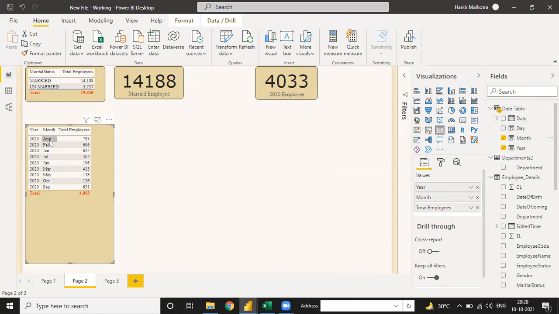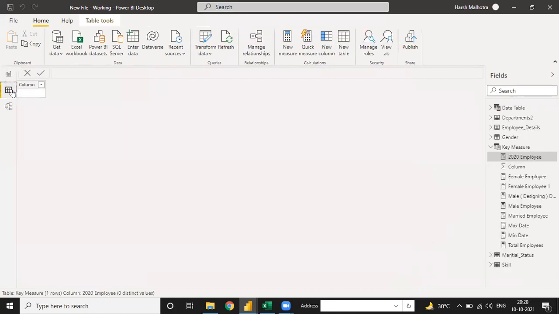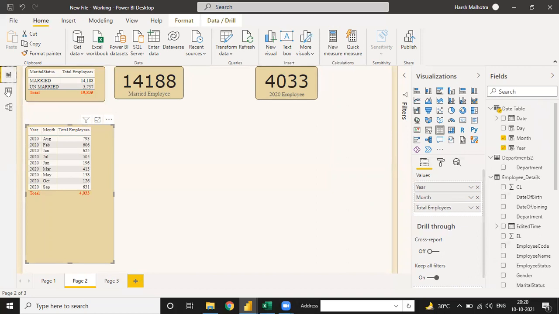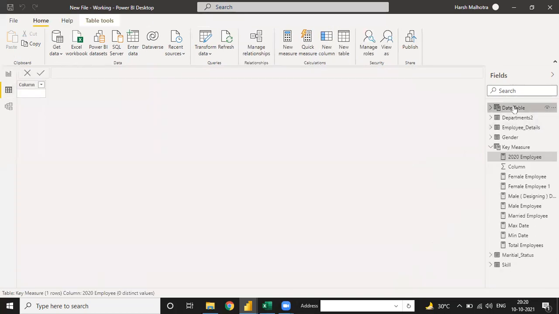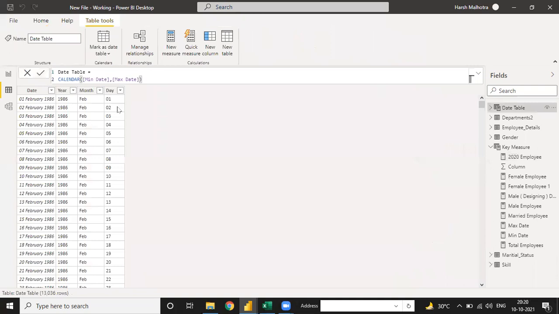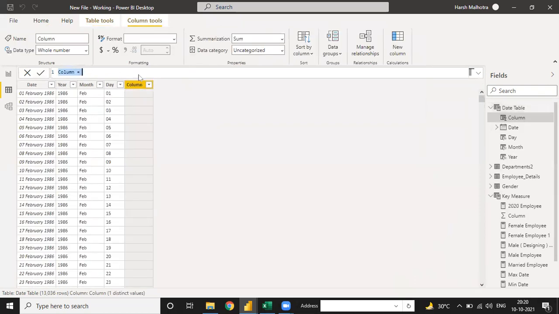See, the months are in different order: August, Feb, Jan, July. So I need to go to my date table again. I write a new column, and for this new column I write month number.